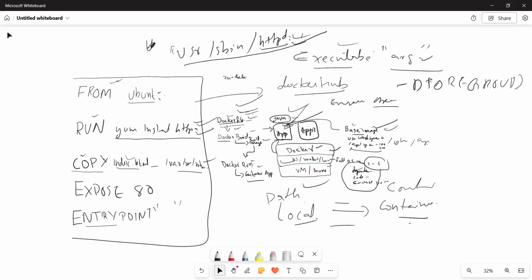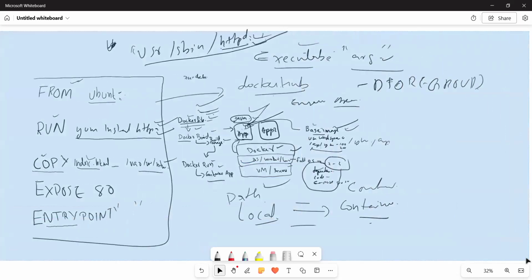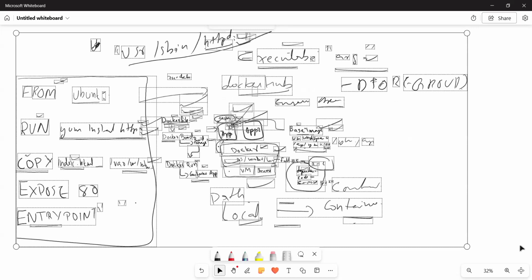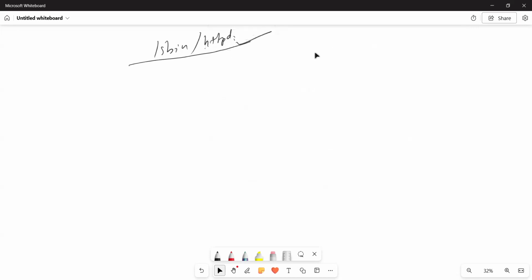Okay, one more thing I will add here. We don't have much time to go to the lab, so I will take some more theory related to Docker. So coming to Docker,